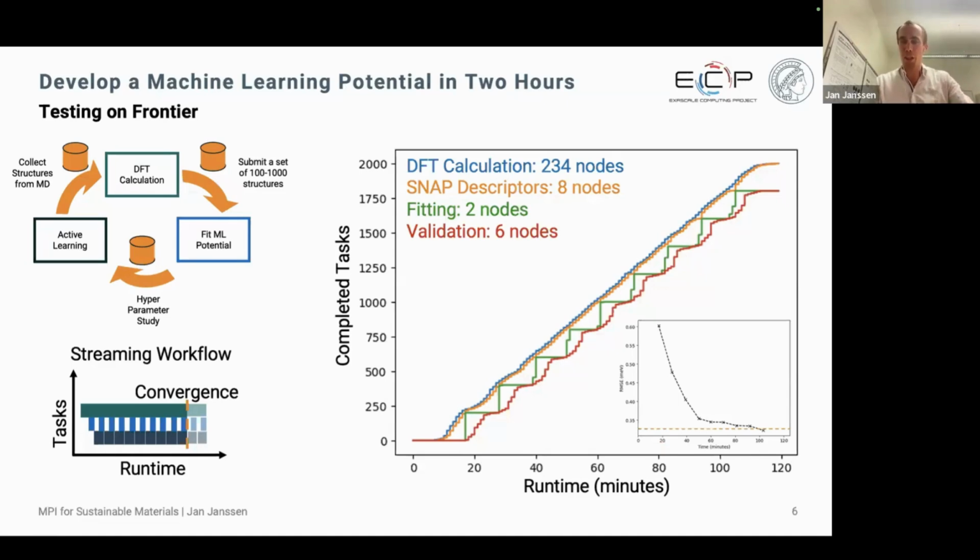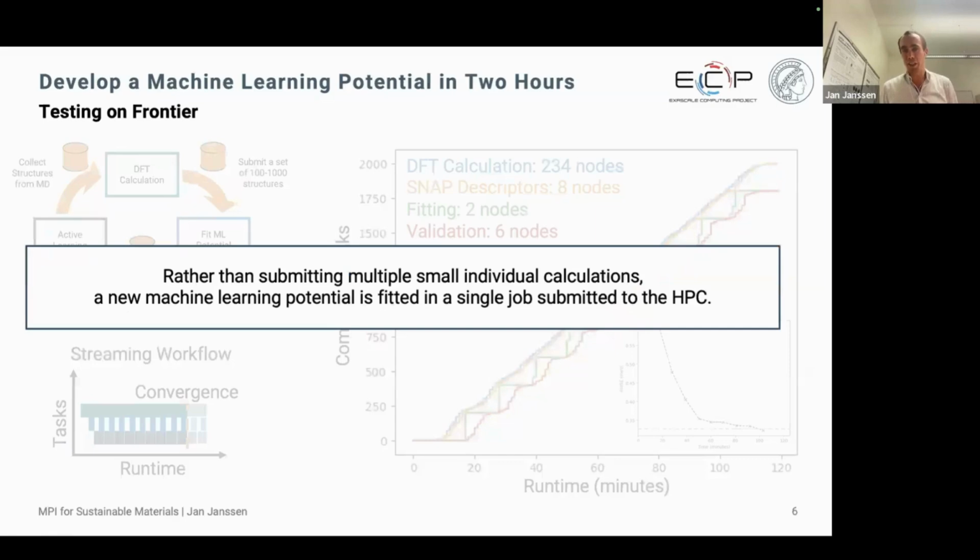So what we see here is basically that already after something like 100 minutes, so roughly 2 hours, we get a potential which we're happy with, which can then be used in larger simulations. So that was a huge success for us in terms of the Exascale project, really saying, okay, we have a large number of small calculations, thousands of different jobs, different tasks, different resources, all bundled into